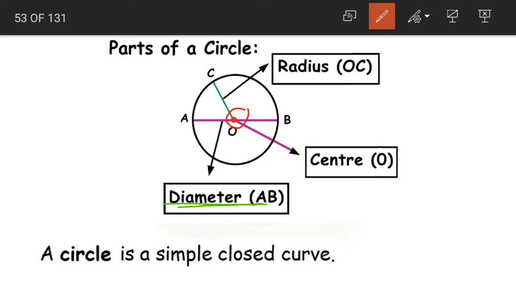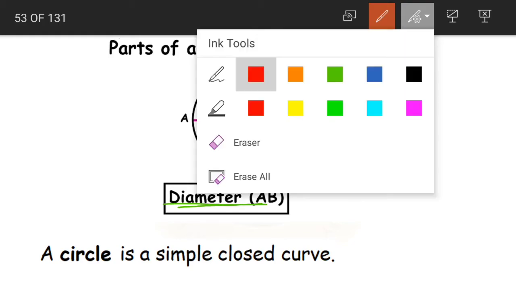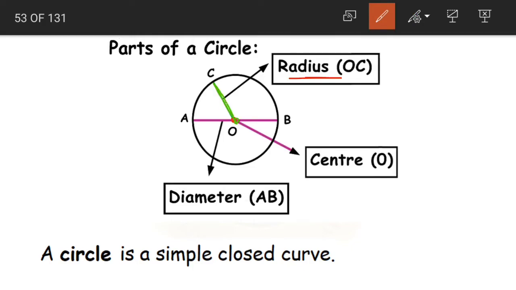Now here again, as we have learned in the first class of geometry, each point has a name. So when we are talking about our radius, children, from our center to the circle, our center is named as O. Center of the circle is simply a point. Yes, so it is named by a capital letter O here. Now from O we are drawing a line segment. It is touching our circle at this point. So again this point is named as C.